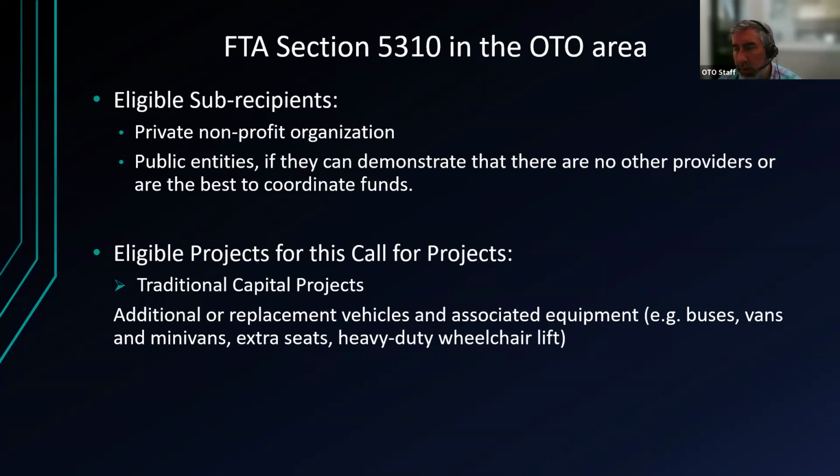I do want to mention already that in the guidebook, there's a note saying that you can purchase vehicles that are not ADA accessible, so don't have a wheelchair lift, but then your organizations need to show that you still can provide service if you have somebody with a wheelchair. So you have to have either a different vehicle that is functional to transport somebody with a wheelchair and that it's not an inconvenience for them when they ask for those services.